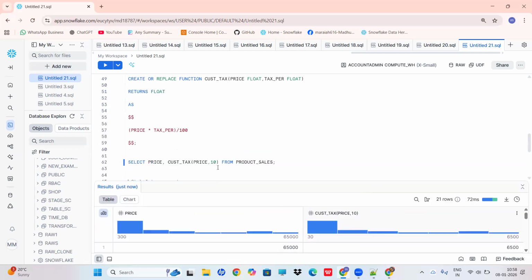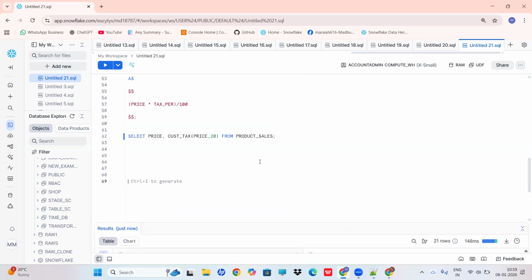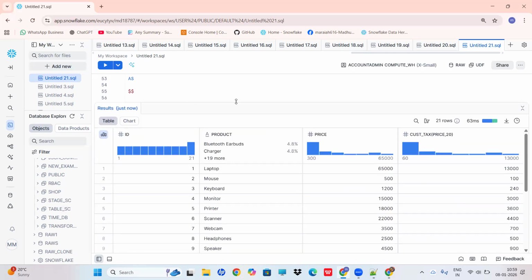Suppose I change it here to 20, then 500 gives 100, and 1,000 gives 200, 1,200 gives 240. This is 20%. How can we find this? Suppose you want to get the entire data, try to use star comma, and it's going to give